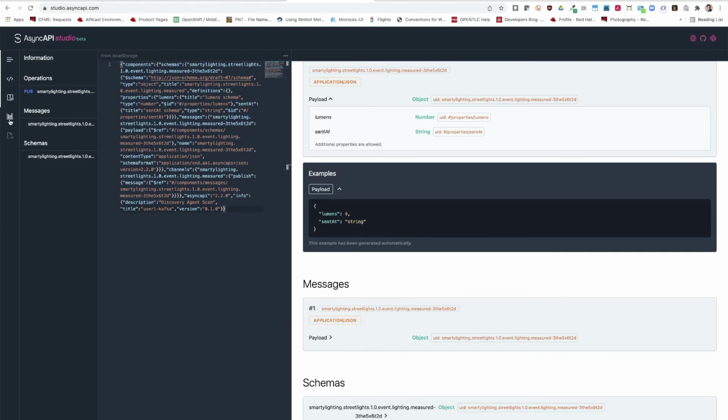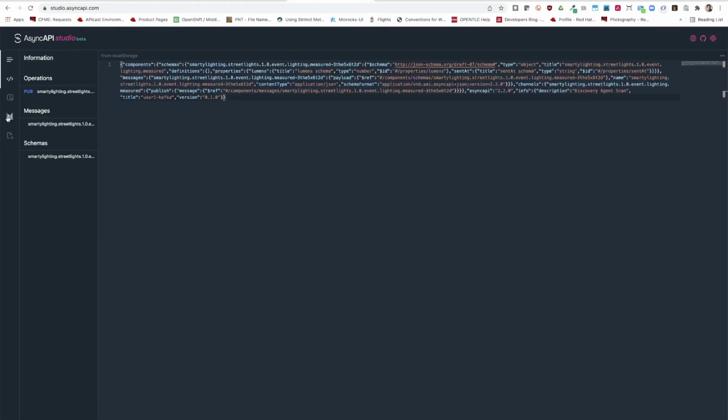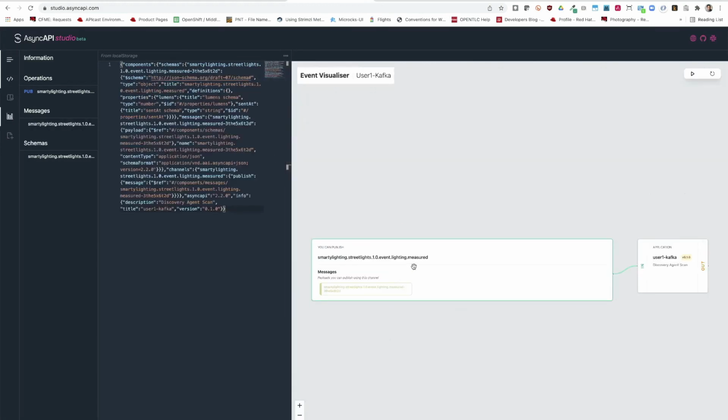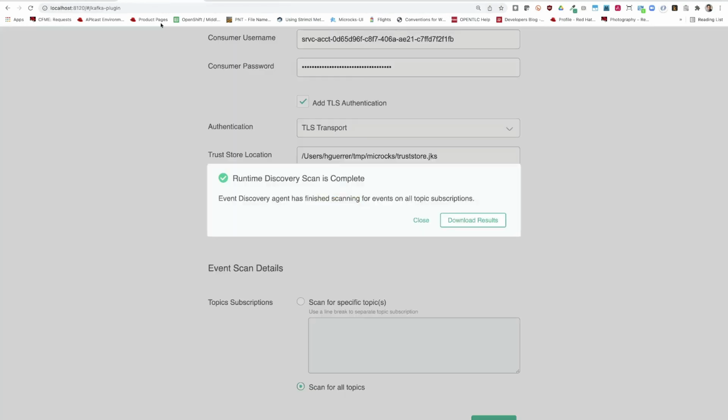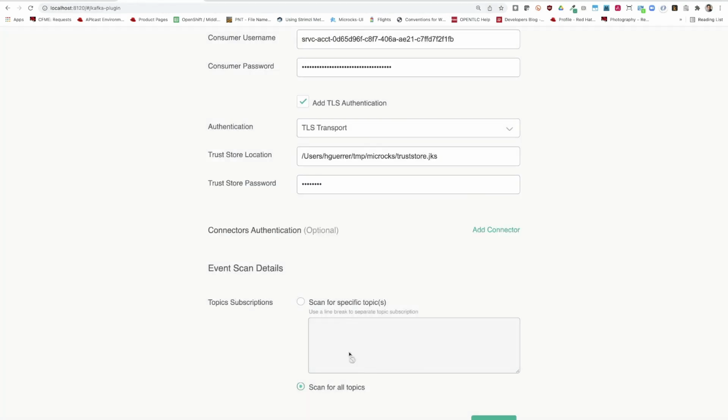And one interesting thing, they already have also a visualization tool, so you can visualize the topics and your application. So you can see now this is how you can get information on your Kafka broker. So you can just run the discovery and check what the different topics are. Remember, you can select which topics if you know exactly how they are named. So you can scan for specific topics,